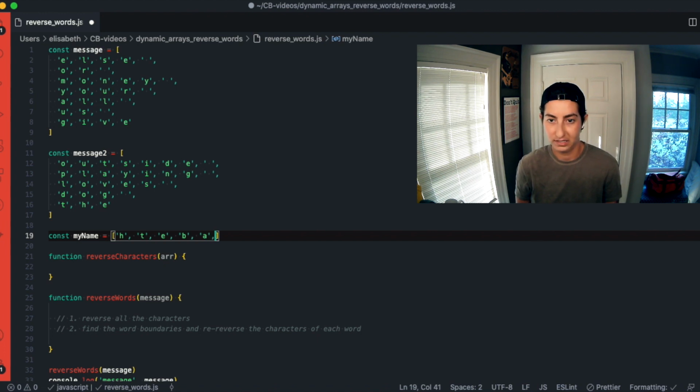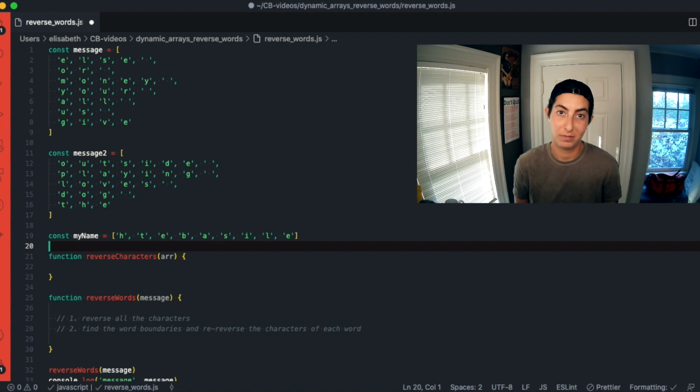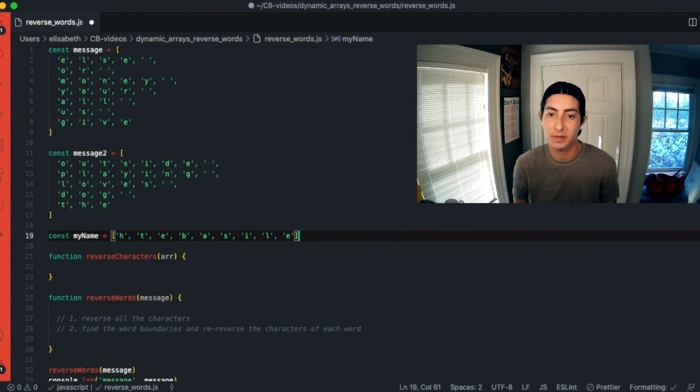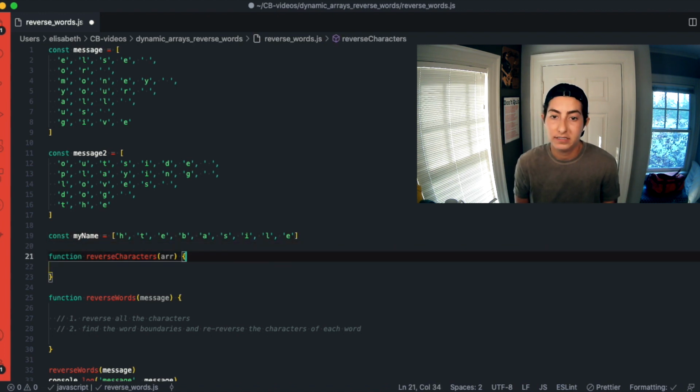This is actually kind of harder than I thought it was going to be. I-L-E. Elizabeth. Yeah, that looks right. Also, another fun fact, I spell my name with an S, but I spell Liz with a Z. Go figure. Anyway, so this is my name spelled backwards, so we can use that as our test for our